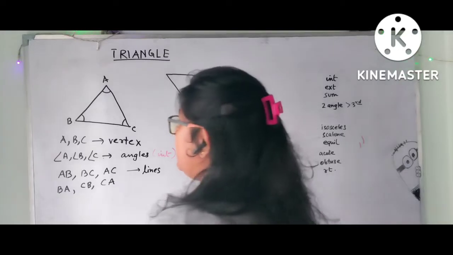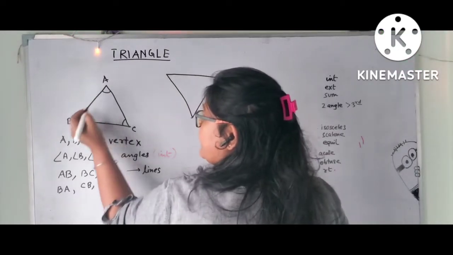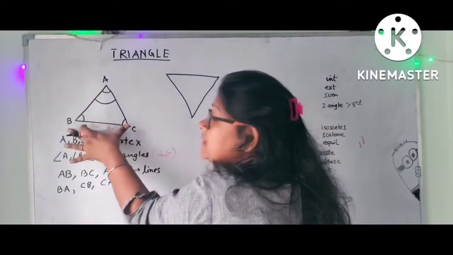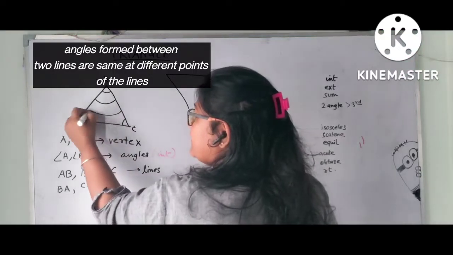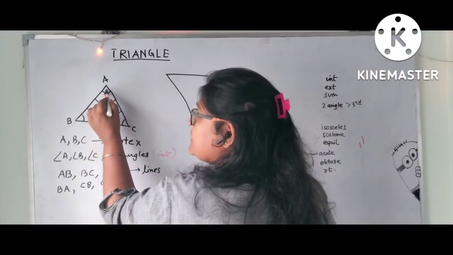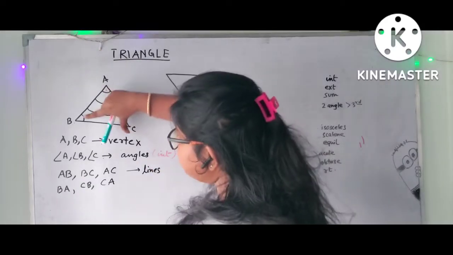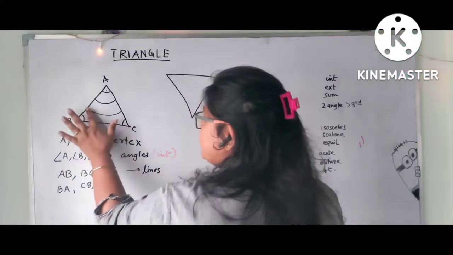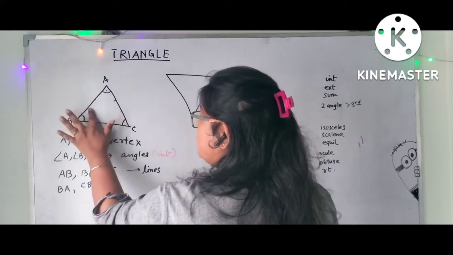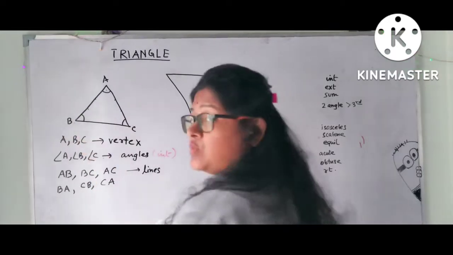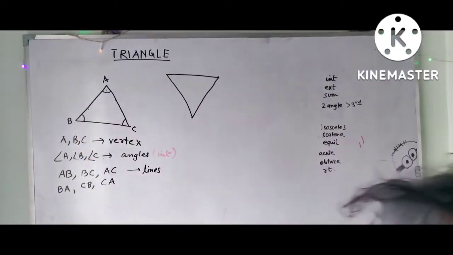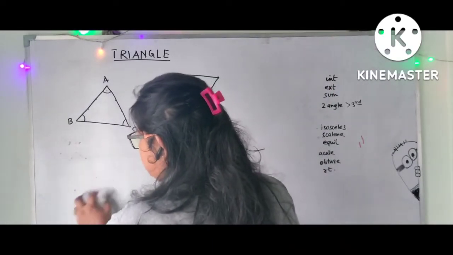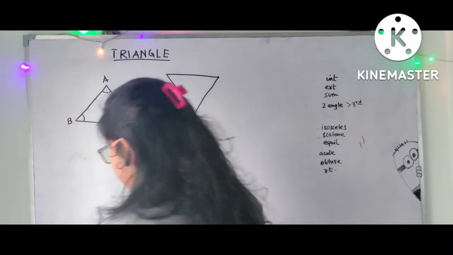Okay, achha. Another thing, if this is my angle A, even this is my angle A, because I have just widened the angle. It's the same, even this is my angle. Don't think that out of these 3 angles, this angle is the smallest. No. If I widen this, the same angle is angle A. Alright? So this is the basic learning about what are angles, sides, vertices, and so on. Now, I had given you information about the straight line. If you open the triangle, then it is going to become a straight line. Basically, what I wanted to say is that